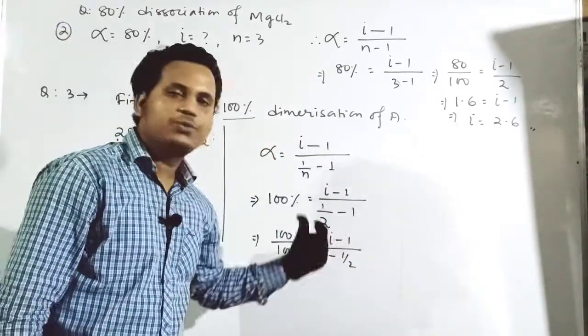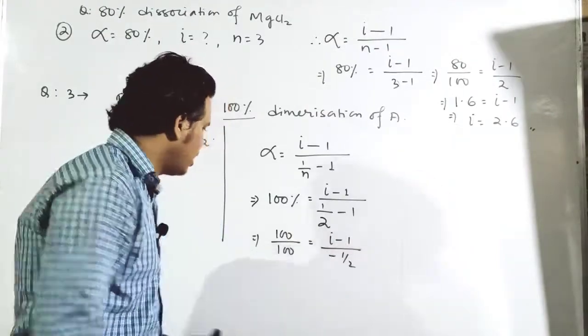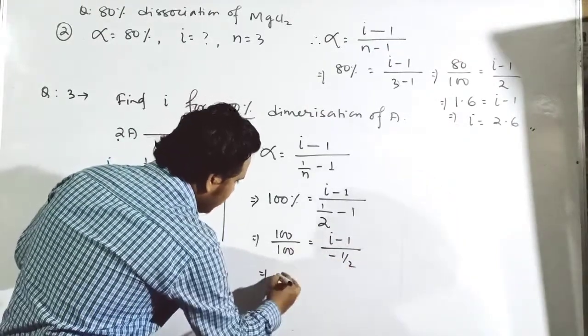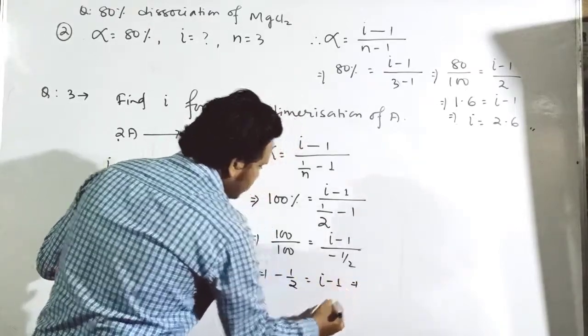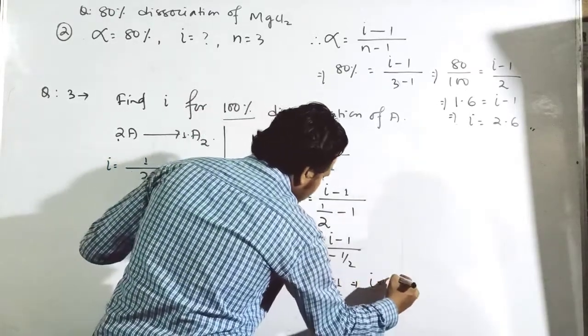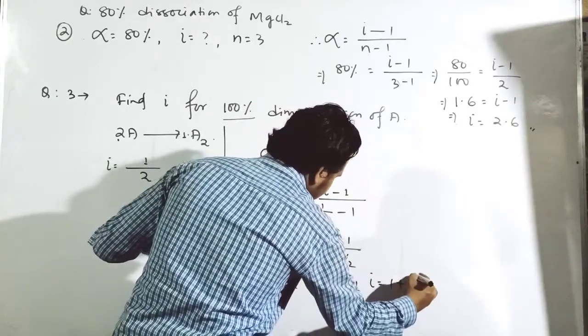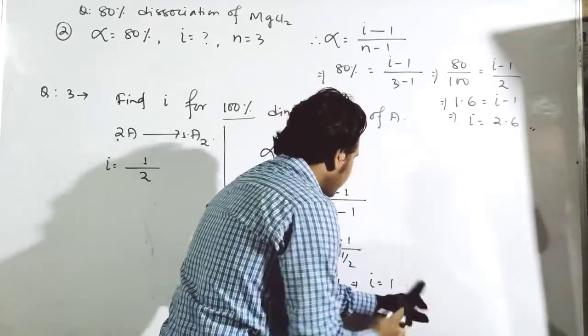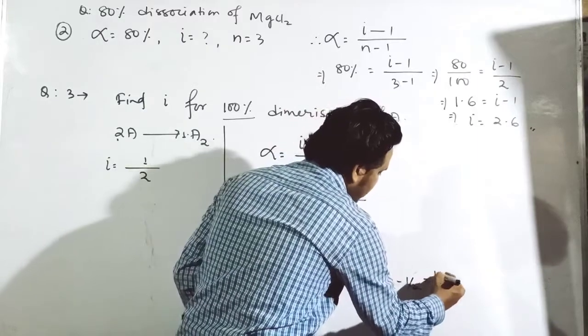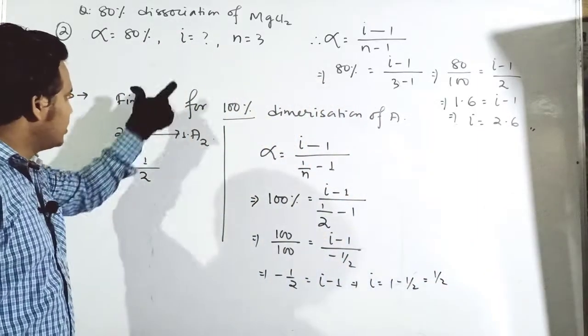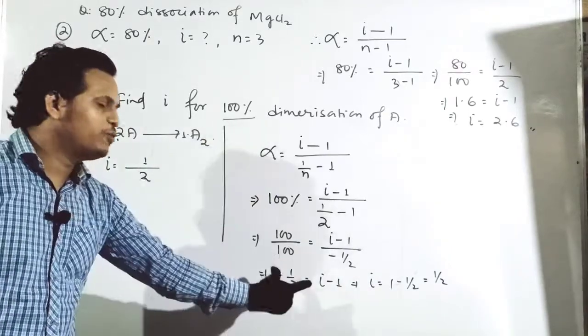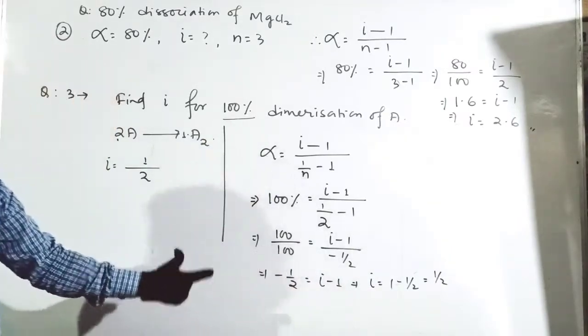Half minus 1 is how much? Minus half. So it is 1. So minus half comes here, that is I minus 1. So minus 1 comes this side, so I equals minus 1 goes plus 1. So 1 minus half, and what is 1 minus half? That is half. So the value of I is the same whether you calculate directly or by formula for